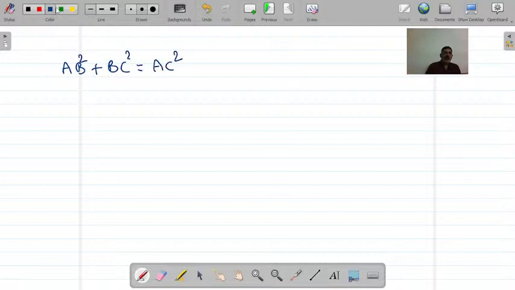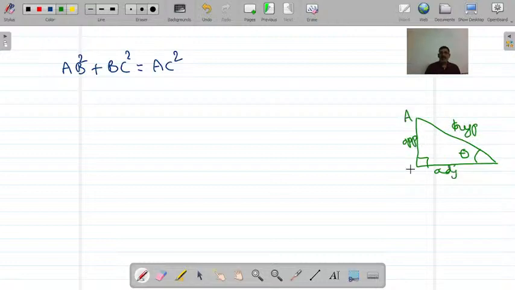Okay, I hope some of you are unable to see this figure. So right, I will draw it a little bit below this so that you can see. Yeah, fantastic. This is theta. Of course, I know that this is hypotenuse, this is opposite, this is adjacent. Name it like ABC. Now we know that AB square plus BC square is equal to AC square. Now what to do? Divide throughout